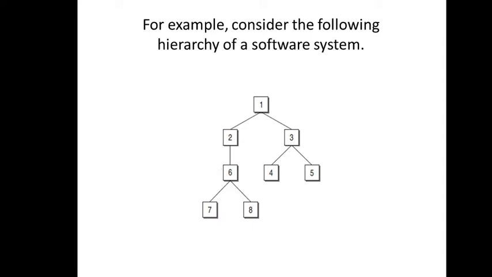If there is any error, the only possibility of the error is this interface which is shared between 6 and 7, because 6 is unit tested, there was no error. 7 is also unit tested, there is no error. And since you are integrating this, the only possibility of error is in this interface. So we can easily localize. This was the problem in the previous one. We need to check each and every interface, while in this case, just one interface is there and debugging becomes easy. Once this is tested, this is known as a partially tested system.